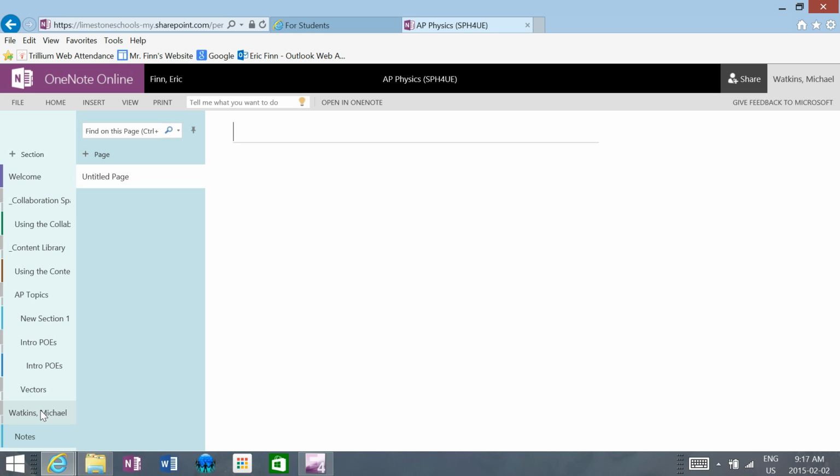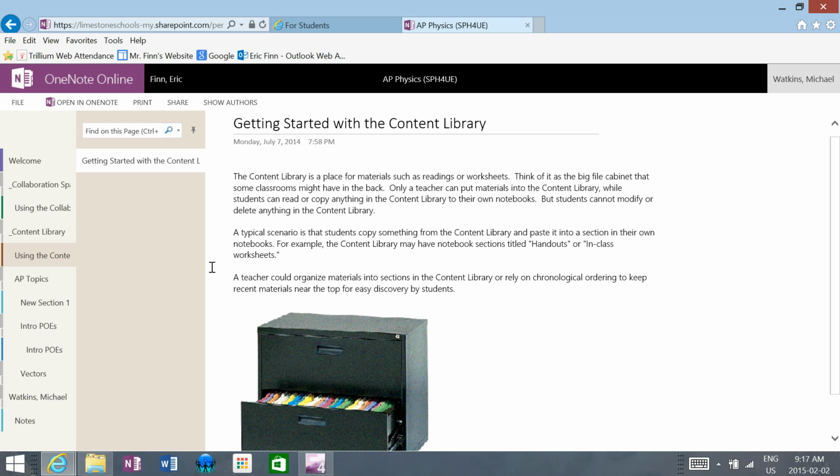Okay. All right. Now that I've showed you how to access it online, I'm going to go back to the content library. If you click Open in OneNote, notice how the menus change because you only have read-only access to the content library. You can't change the files that are in the content library, and that's a good thing because if you did, you'd change them for everybody in the course. So if you click on Open in OneNote,